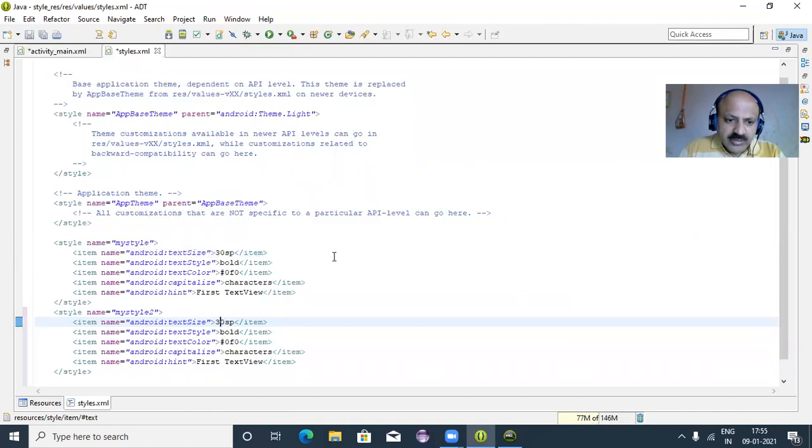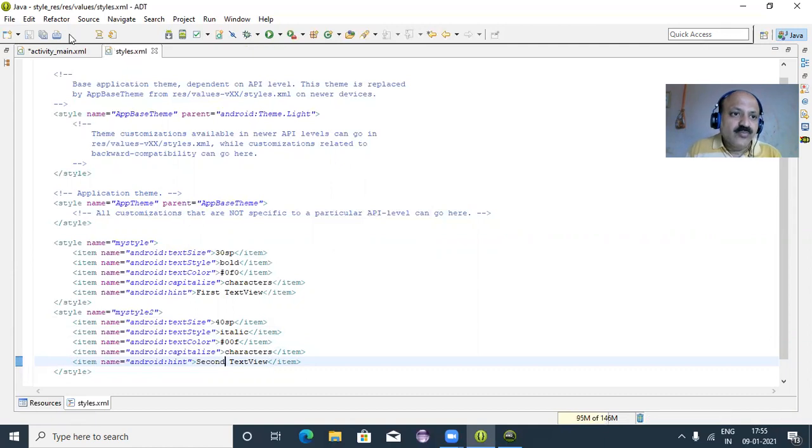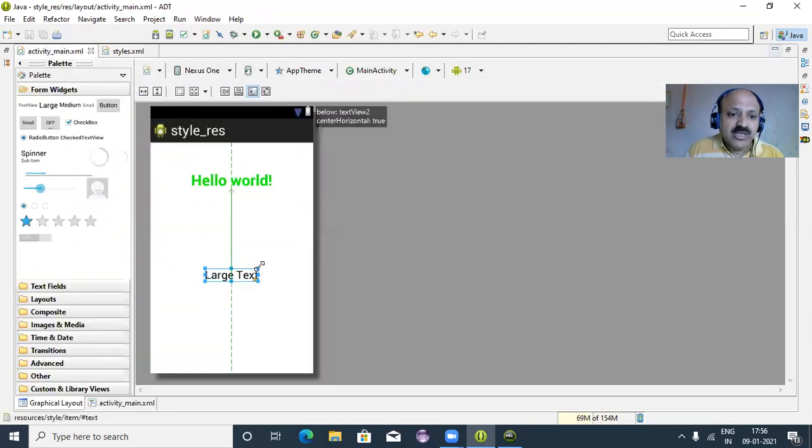So here we can provide 40 and italic. Yes, here I use italic. And the color is RGB, so blue. And that the first character is capitalized. Here you cannot check it as a hint. So we can say that it is a second. So all I can change, and Ctrl+S to save. So you can also add many more attributes in the style item tag. So you can apply all, but here you can look that it is not applied because we have to. And here I take as a